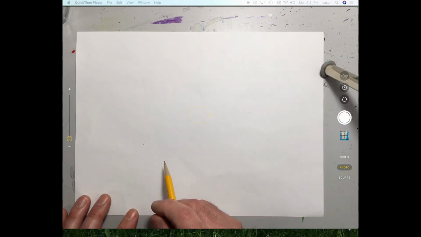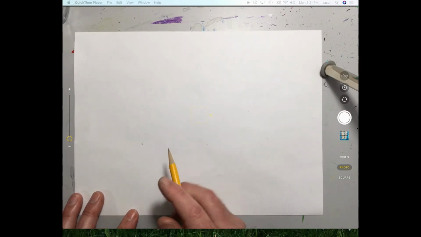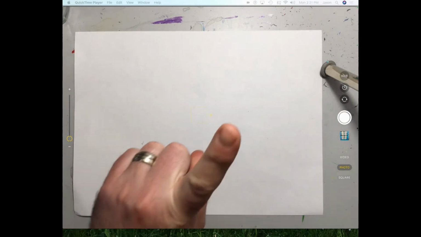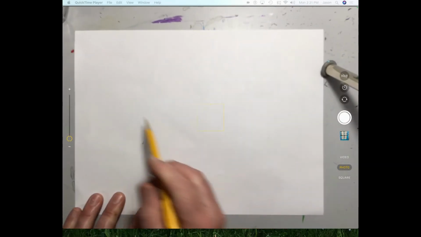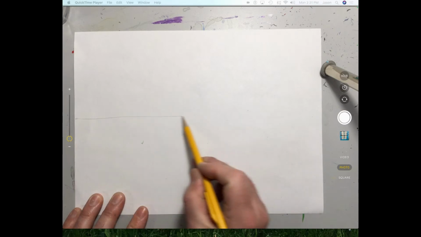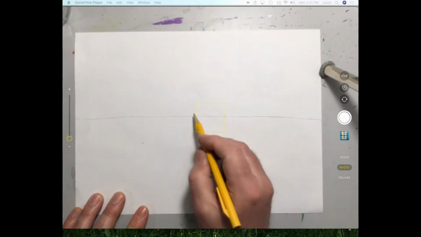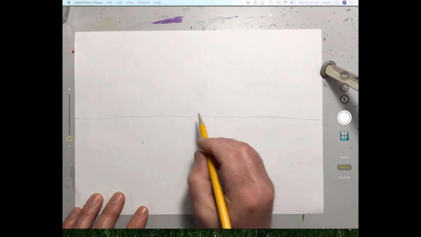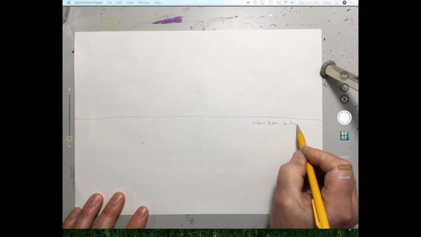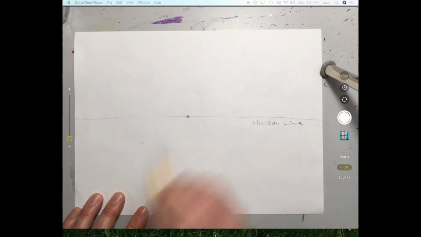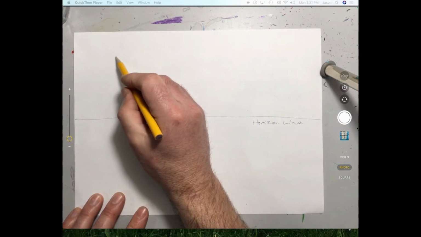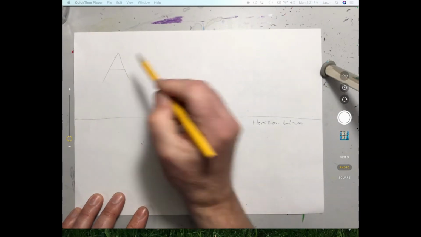Here's how to make some letters into 3D-looking letters using one-point perspective. And here's why it's called one point, because where the point is, that's where your viewpoint is. So there's a horizon line, and a point. Now let's go with the ABC, just to get us started on letters,